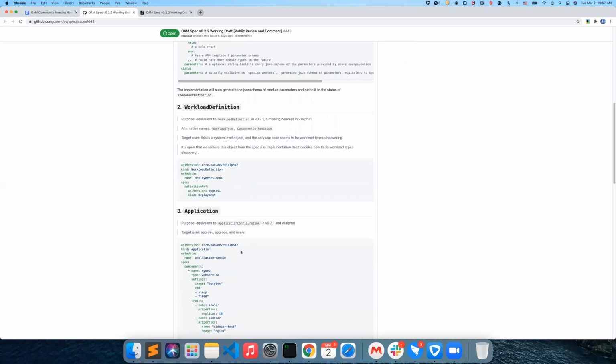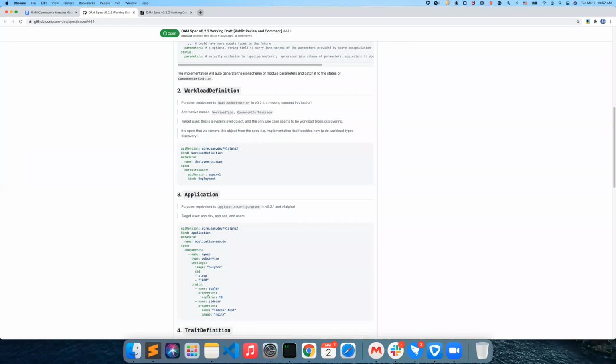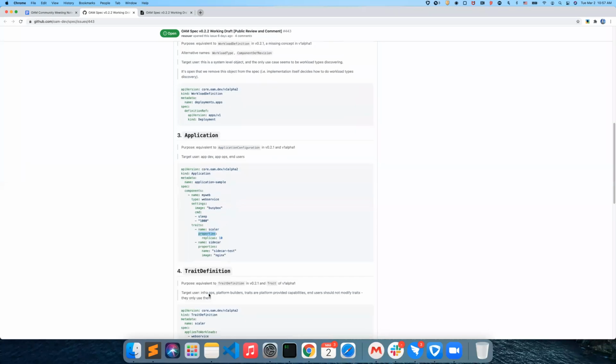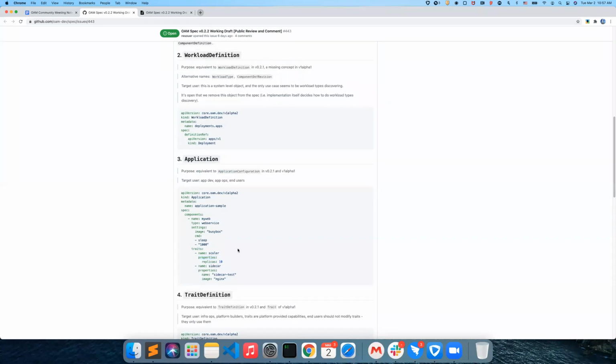So this is how the application object works. For traits, there's nothing changed compared to the existing model or existing spec. You use a name to reference the trait definition, and you set the properties of the trait. And for trait definition,